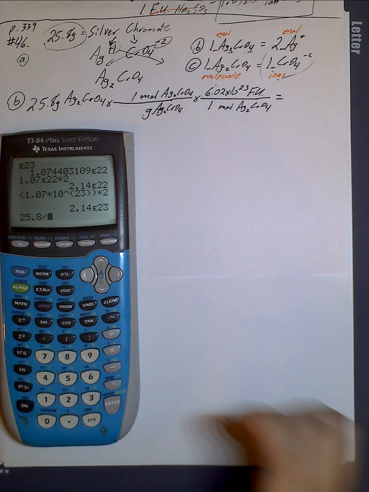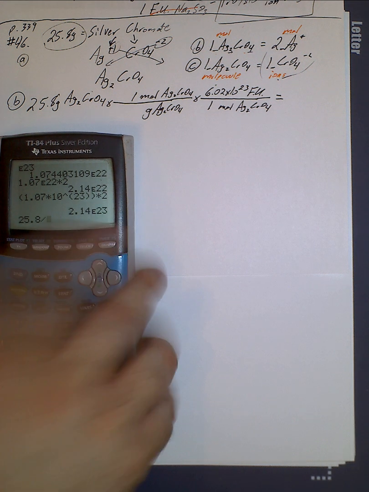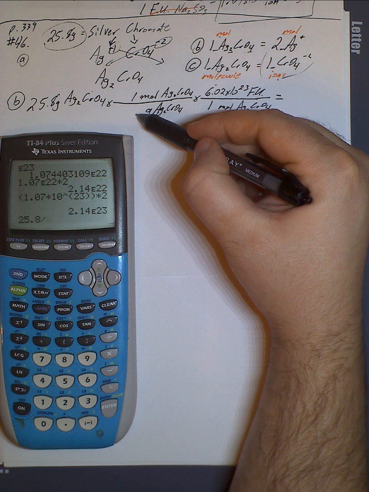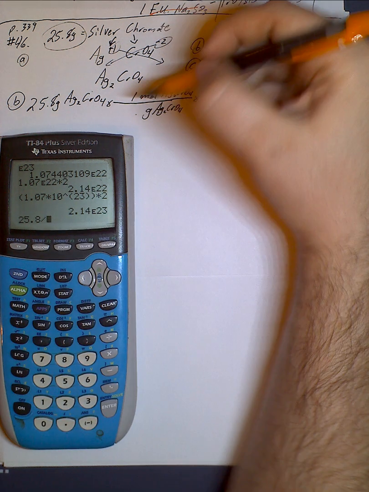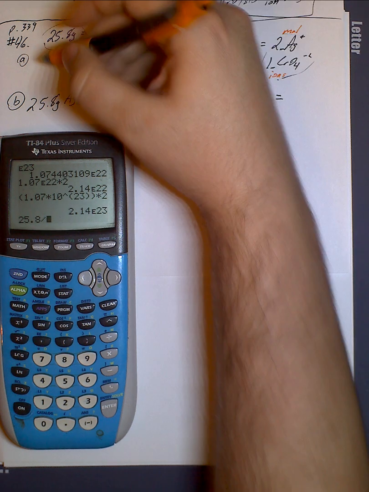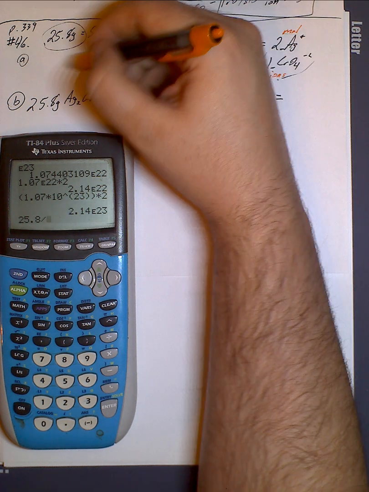25.8 divided, oh, look at me, getting ahead of myself. I divide by the molar mass. I haven't figured it out yet. So what number goes there? Well, for the molar mass,